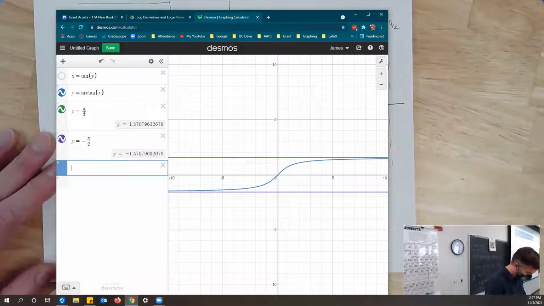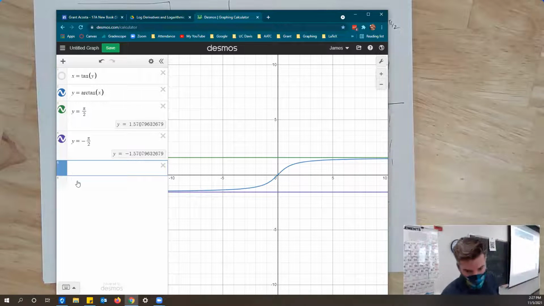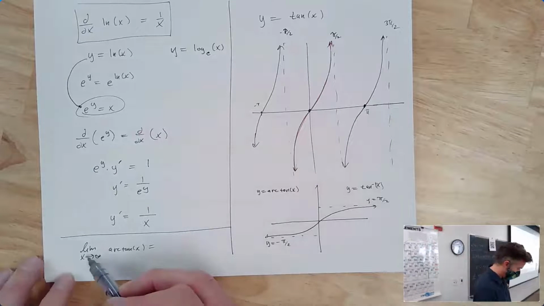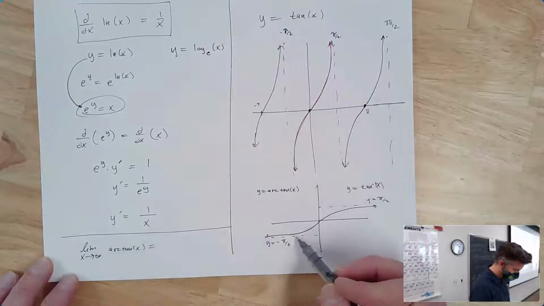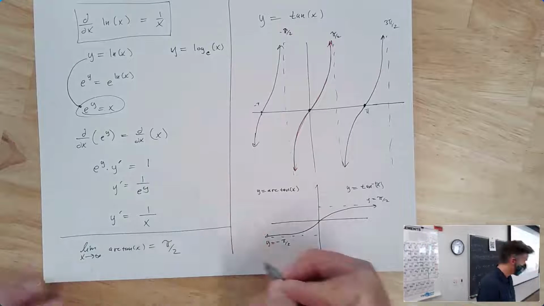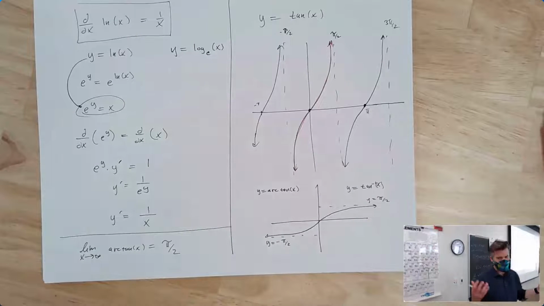Also worth knowing, it does occasionally come up. Someone might someday ask you, what's the limit as x goes to infinity of the arctangent of x? And that's when it's really good to be like, oh, I know what the graph of that looks like. As x gets larger and larger, oh, you can't see what I'm writing. Sorry, I always make that mistake. If you can't see the thing I'm writing, please let me know. Right? As x goes to infinity, the arctangent function just gets closer and closer to pi over 2. That does occasionally come up in the future. So everyone's like, what was that thing again? Oh, yeah,